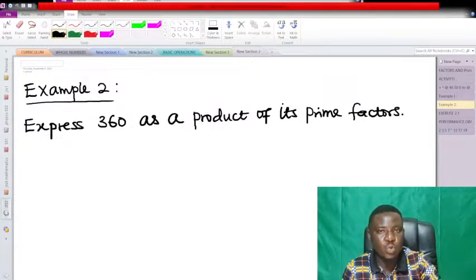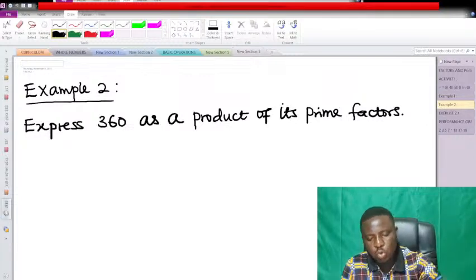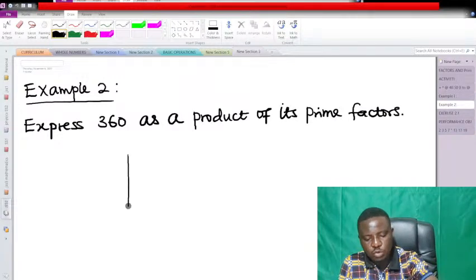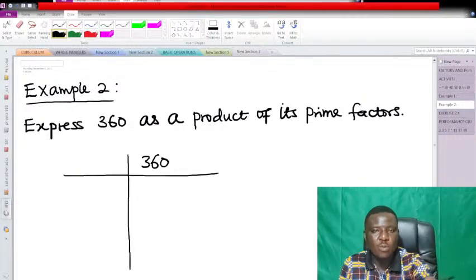Most times you will miss one. But I shall also give you a trick on how to get all the prime factors of a particular number. So, for us to express this as a product of its prime factors, we have to use the long division method in dividing. So I'm going to be dividing 360 by all the prime factors, which are 2, 3,